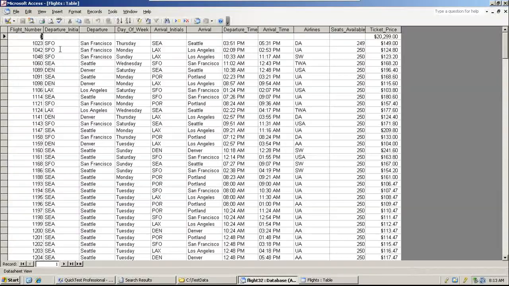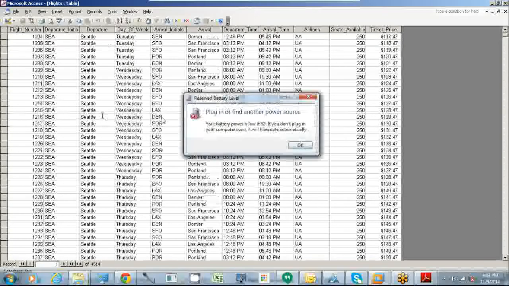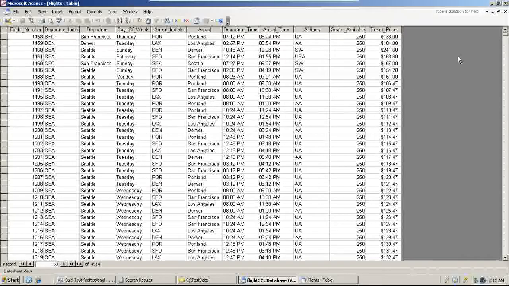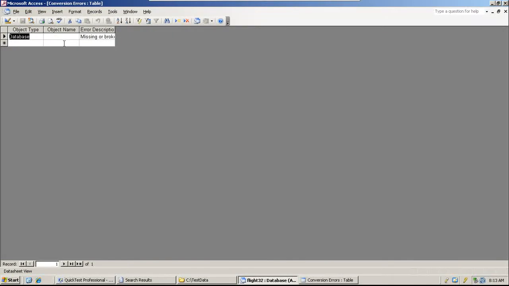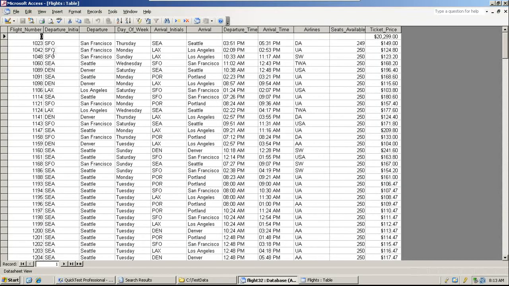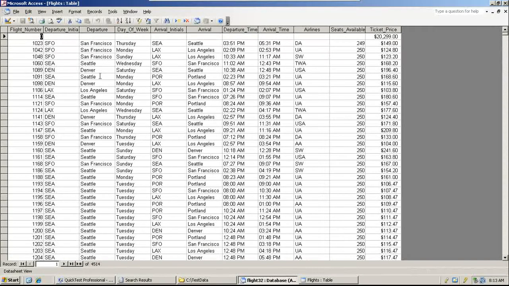What is there in the flights? Okay, let us take flights and we will run it on flight underscore number.